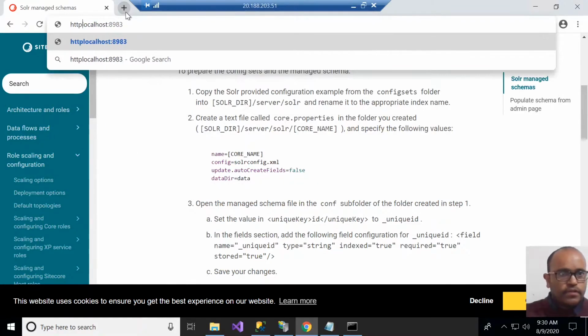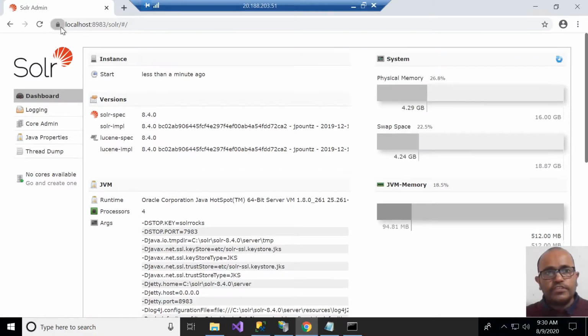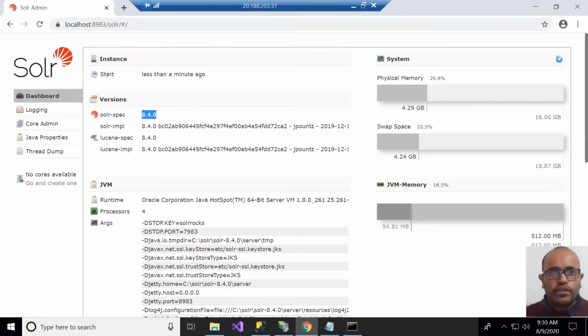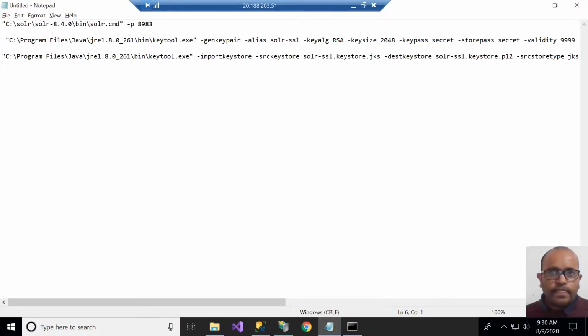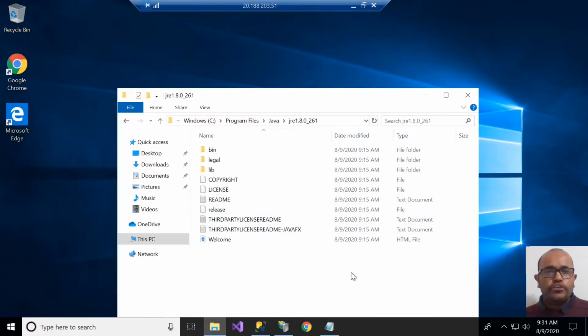Localhost, and I'm making it HTTPS. So now if you see this one, this is a self-signed certificate. HTTP is working, the Solr is working. Now SSL is enabled for the local Solr. Now what we need to do is make it run the Solr as a